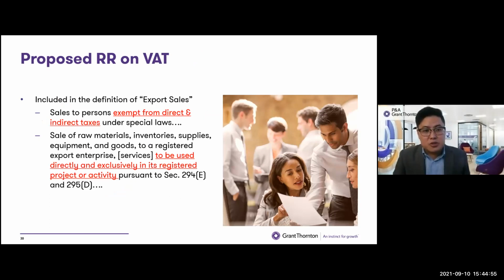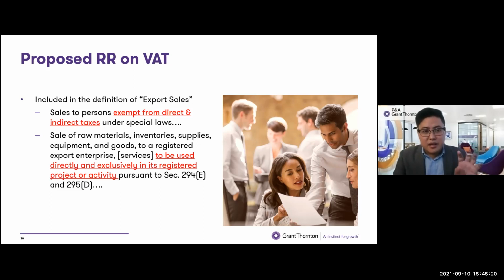The sales to the export sales wherein VAT zero rating could still be availed indicates that if it pertains to sales to persons exempted from direct and indirect taxes under special laws. So there is this added provision therein. And when it comes to sale of raw materials, inventories, as well as services,